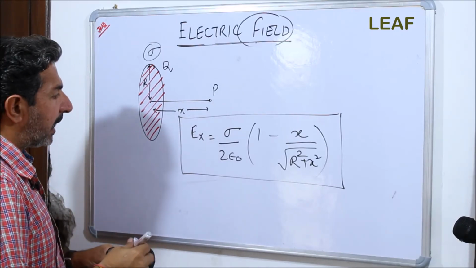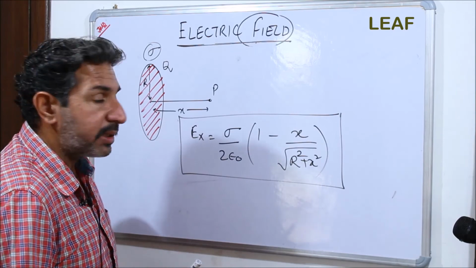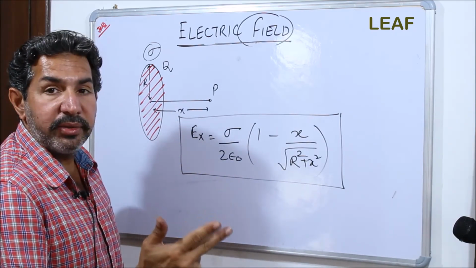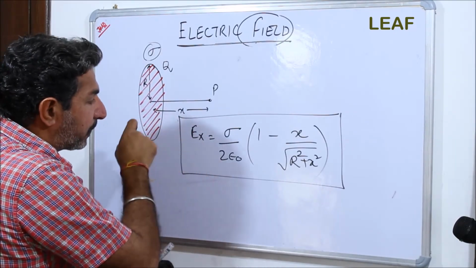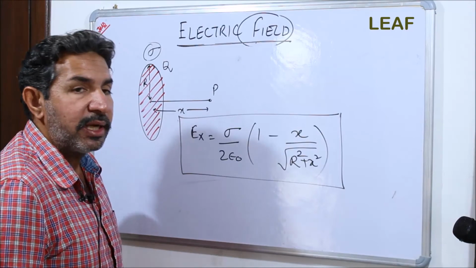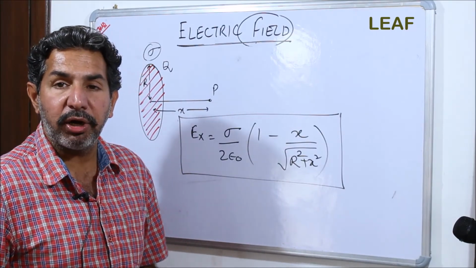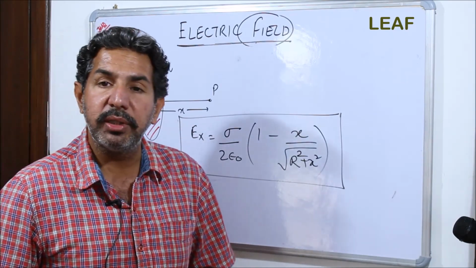So I have explained the three segments, the three bodies, in fact the straight conductor, second the ring, and third the disk, and all the expressions related to these three elements we have done, right? So this is the first part of the electric field which I am going to compile here, and we'll move on to the next lecture.